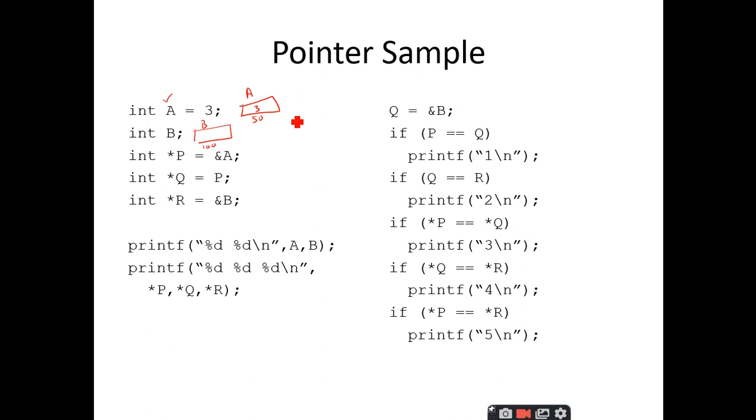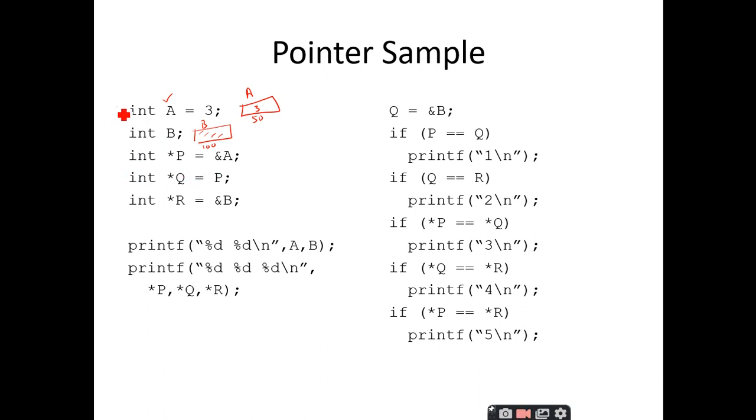Why? Because when you don't initialize any variable and when you don't give the storage class for a particular variable, the default storage class which is auto will be given for this variable. So the default value for automatic variables is garbage. So a garbage value will be stored here. Is it clear? Yes, sir.